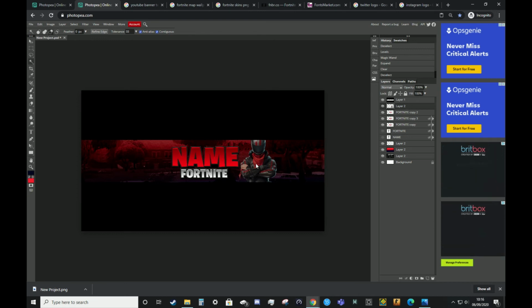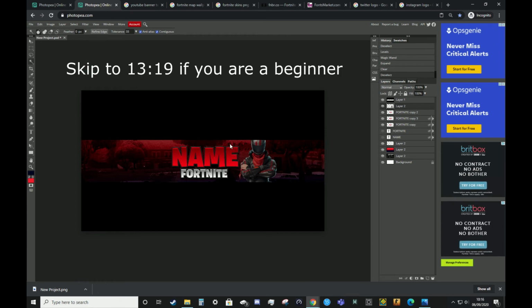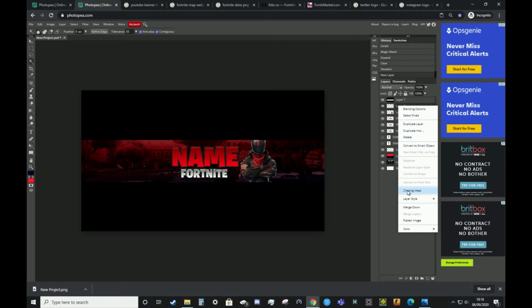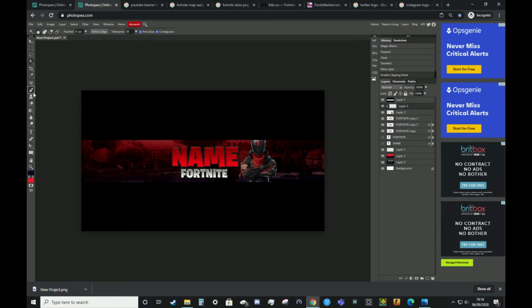So now that we have our burnout skin, we want to think about where the light is coming from. Now this part's optional because it's slightly more advanced, so you can skip this part if you wish, but you want to create a new layer, right click on it and hit clipping mask. Now select a black paintbrush,